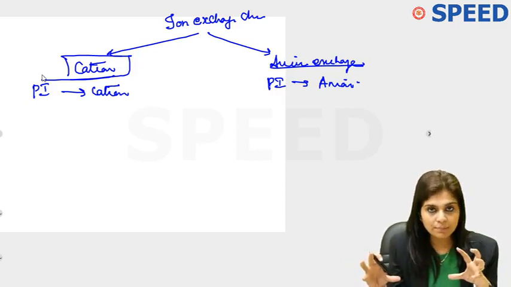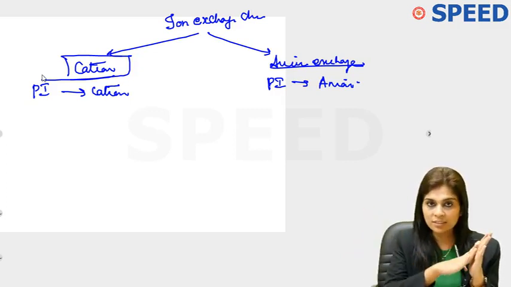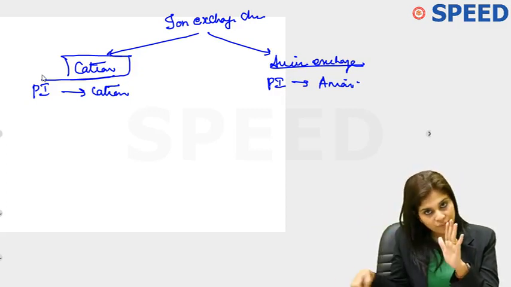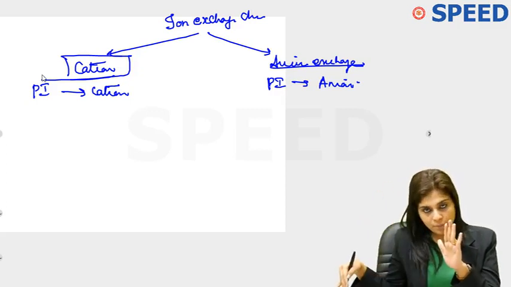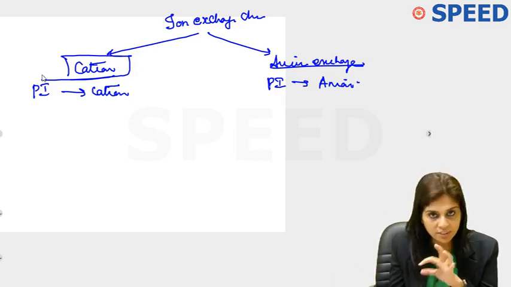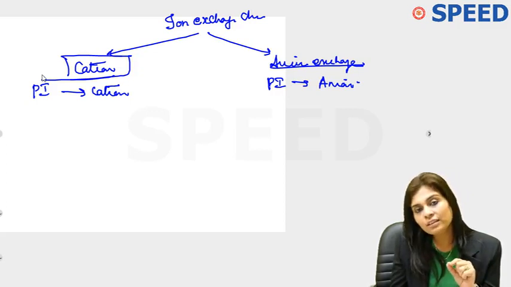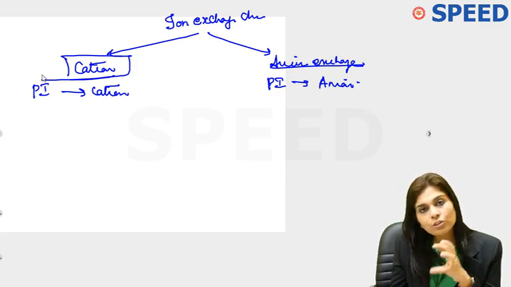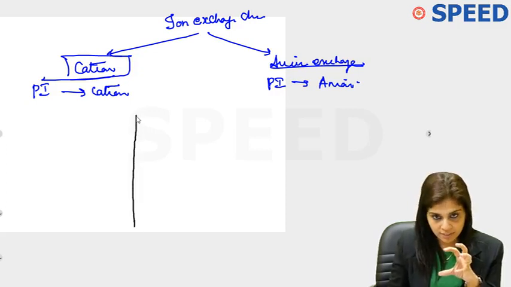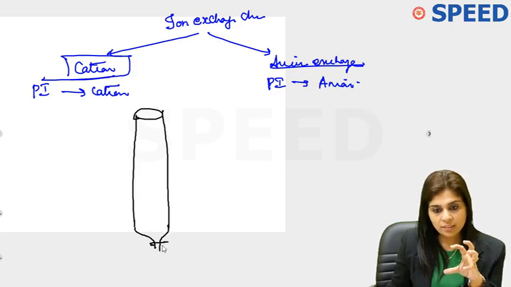In any chromatographic separation, what do we do? Anything which is of interest to us will be first retarded onto the stationary phase, so that anything which we don't want, which we consider as impurities, comes down faster. After you have removed all impurities, you get back what you want from the stationary phase by a technique called elution. And I told you, use cation exchange chromatography when the protein of interest to you is a cation. So what should you do to the cation? You should retard the cation onto the stationary phase.